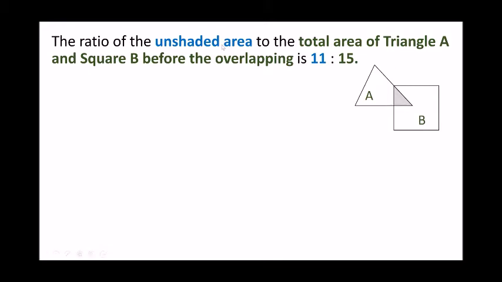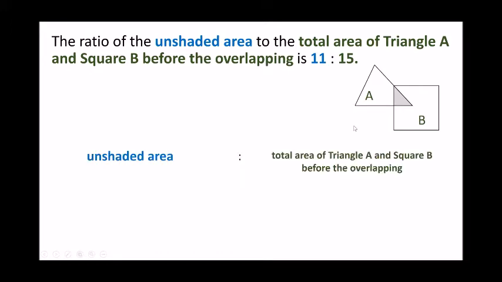The ratio of the unshaded area to the total area of triangle A and square B before the overlapping is 11 to 15. So the ratio of the unshaded area is here and here. This is the unshaded area added together, to the total area of triangle A and triangle B before overlapping. Okay, the total area means,